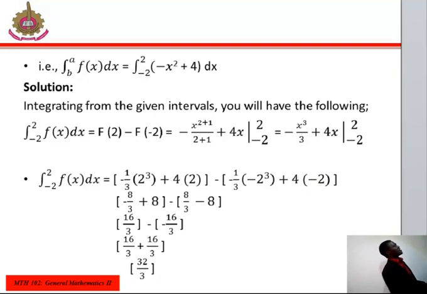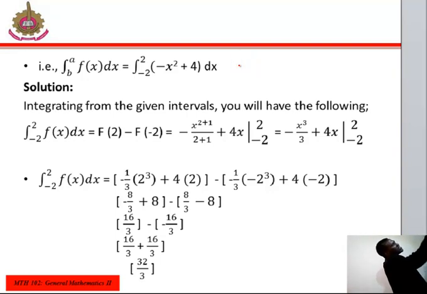The integral has been written in this form, that is, we have inputted the boundaries, the lower and the upper boundaries. The lower boundary in this case is minus 2, while the upper boundary is 2, that is f(x) dx. Then we subtract the lower boundary from the upper boundary. So what we have on the board now is that